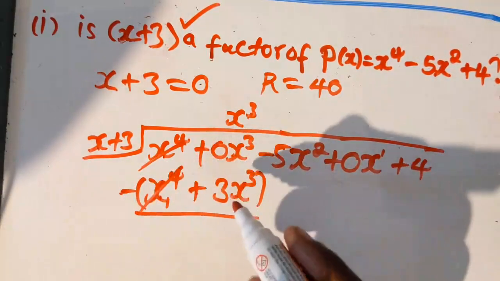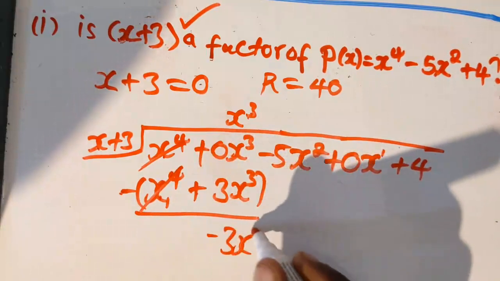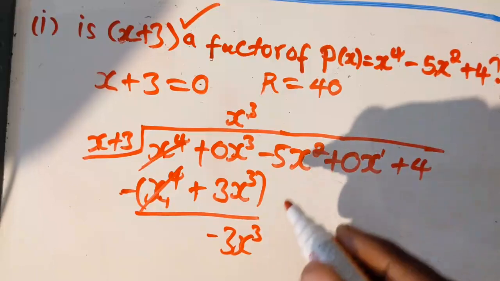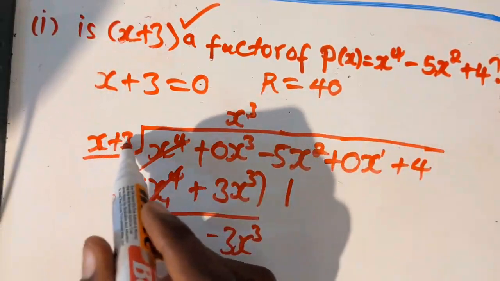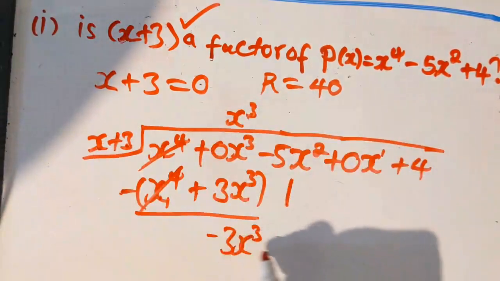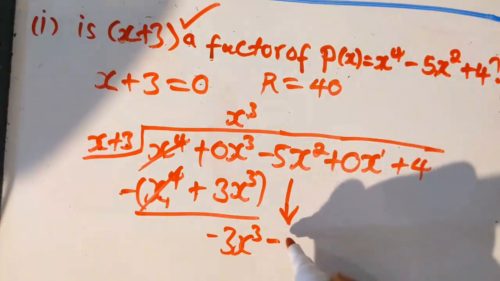So 0 minus 3 is going to give you negative 3x to the power 3. Okay, then we bring down this. Since we have two variables, we need to have two variables here as well. So it's going to be